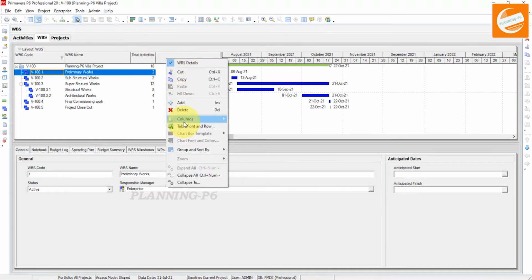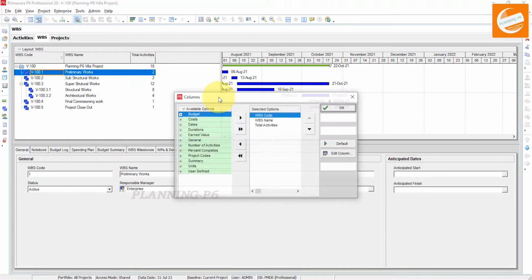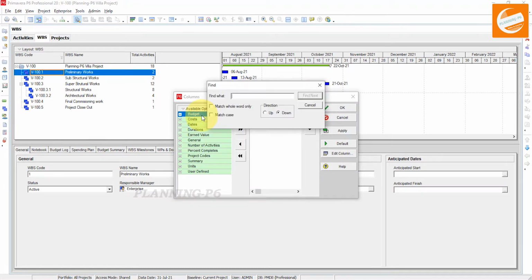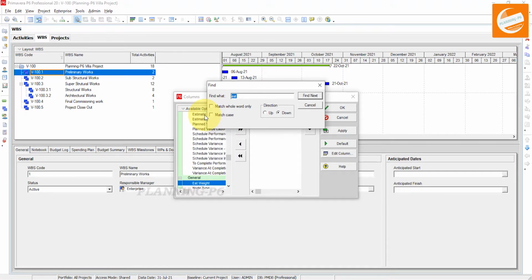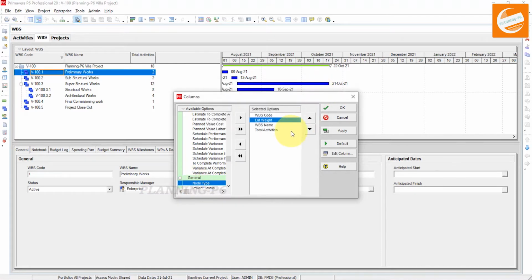Add a column here, same way, Customize, and find estimated weight. This one. Double click on it, close it, and move it here like that.